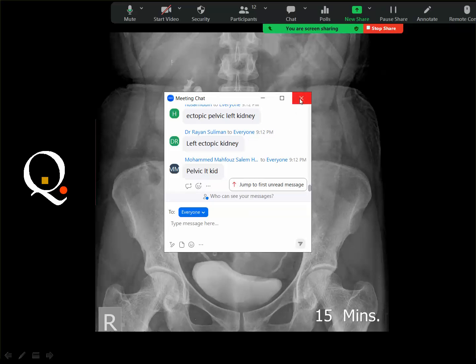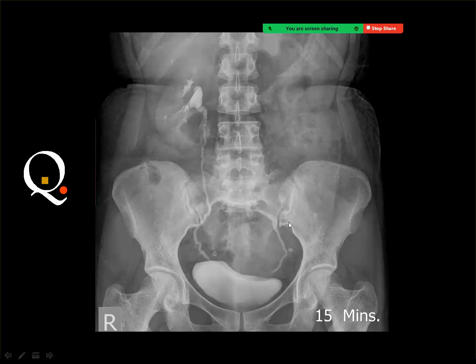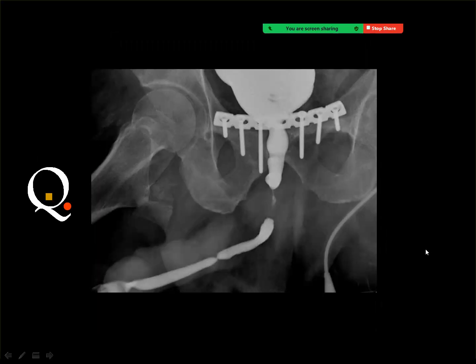Ectopic pelvic left kidney, this is right. You see that the left kidney is at the level of the sacrum, and the ureter is short, because the kidney is ectopic in the pelvis, and the right kidney is good. This is ectopic left kidney. Next case is an ascending